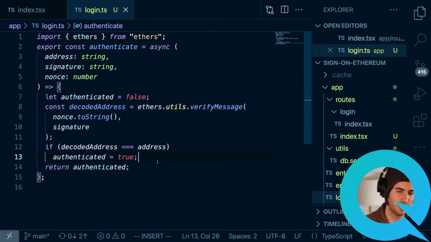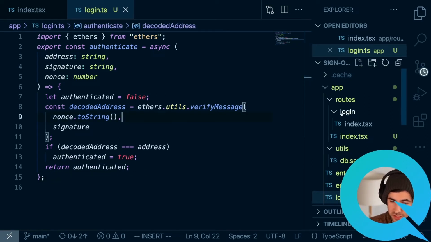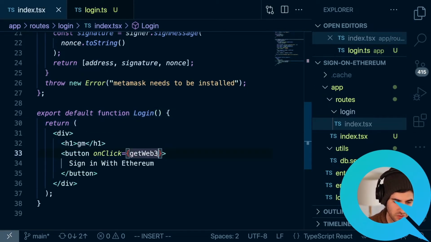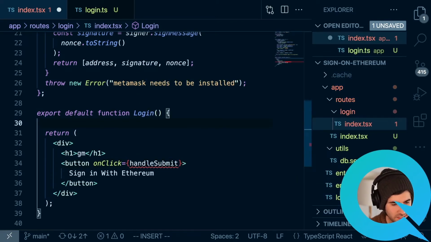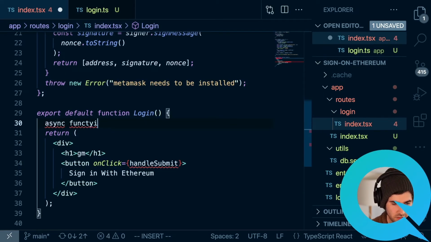And if that's true, then we feel comfortable actually creating a user and adding that to our database. So with that, we can go back to our login function. And instead of getWeb3, we're going to create a function called handleSubmit. And in this handleSubmit function, let's see, async function.